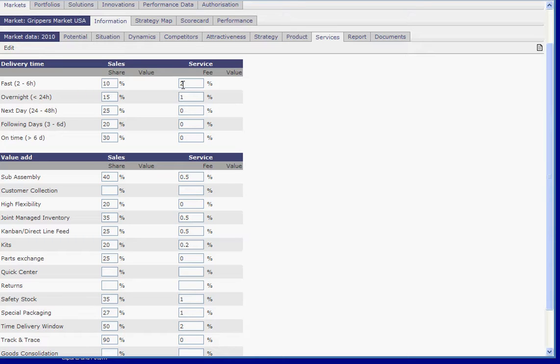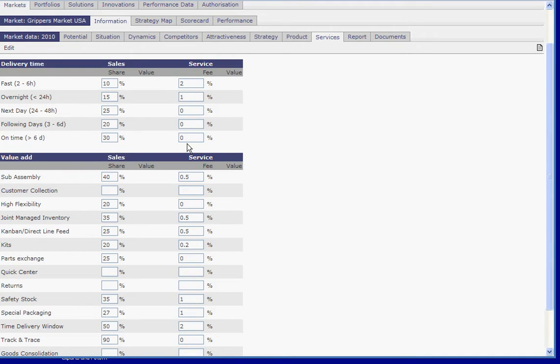Because services very often is a highly interesting, high margin possibility to add to your revenue. And here you have the possibility to say 2% of the sales can be charged as a fee if you do fast services. So on time, you have 30%.